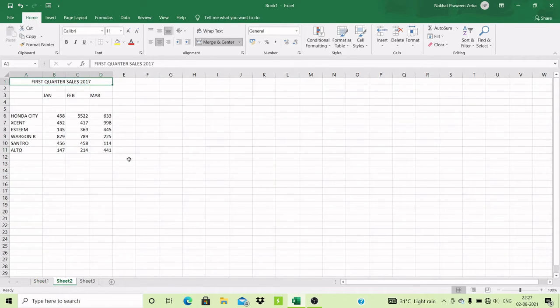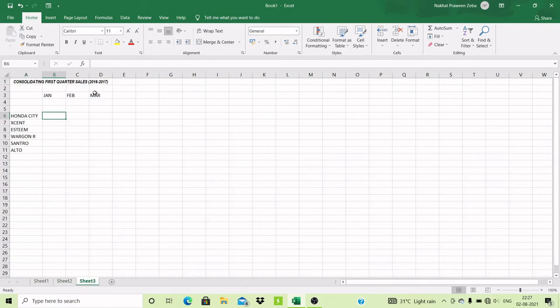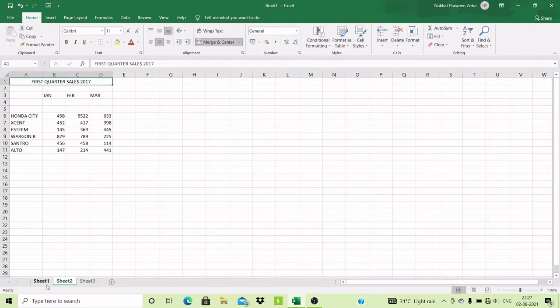In sheet 3, I have changed the column heading and written here consolidating, and the previous name, first quarter sales, and I am combining sheet 1 and sheet 2. Sheet 1 is about first quarter sales 2016, and sheet 2 is first quarter sales of 2017.